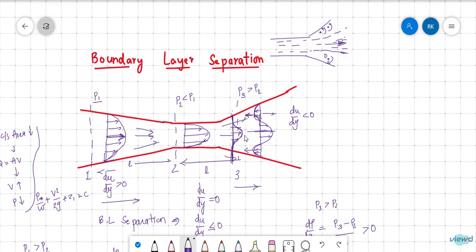When the flow is diverging, that means when the flow is retarding, the velocity is decreasing during the diverging section. At that position there is a retardation, that means velocity is decreasing. In order to avoid this boundary layer separation, if there is a pump here, the acceleration can be increased, so retardation can be converted into acceleration and the velocity increases, so that the boundary layer separation does not occur. So we need to design in such a way that boundary layer separation does not occur.